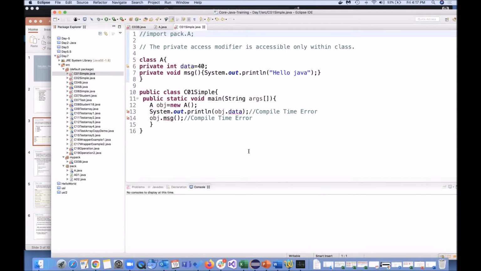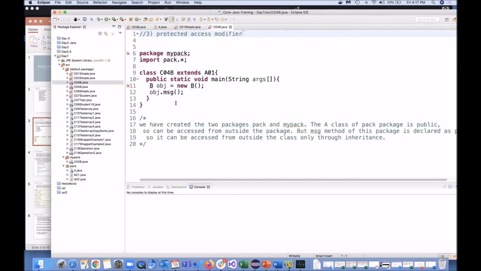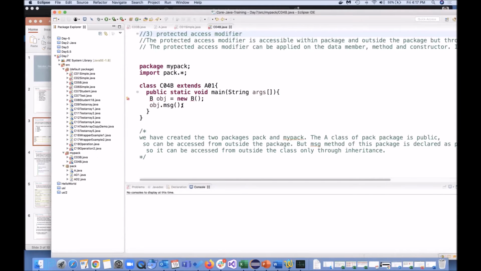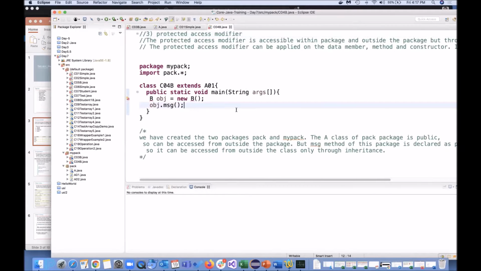The next program is this one. No, already we completed that. We need to be here. So package my pack. Okay, again I will put it into my pack then. This error got resolved.